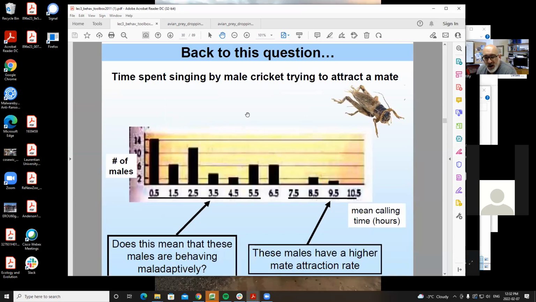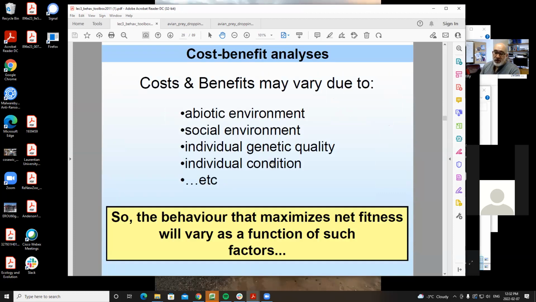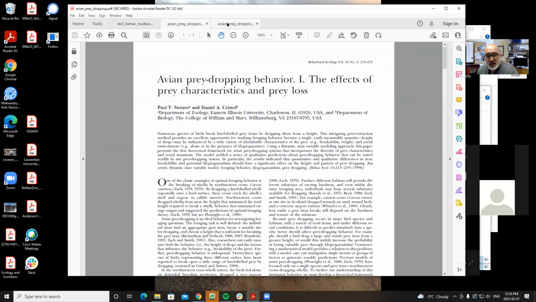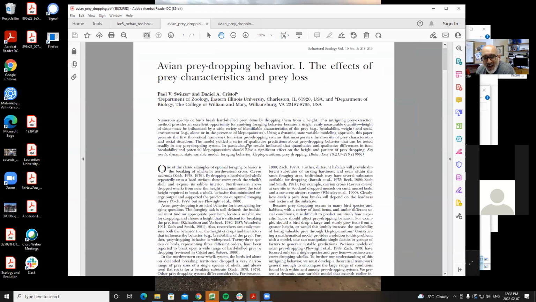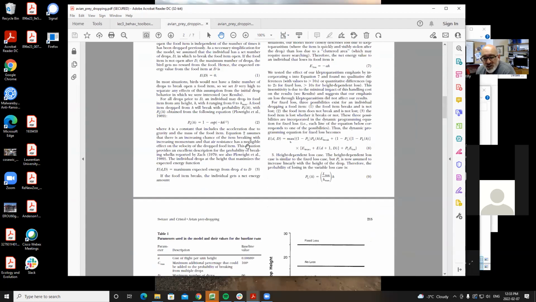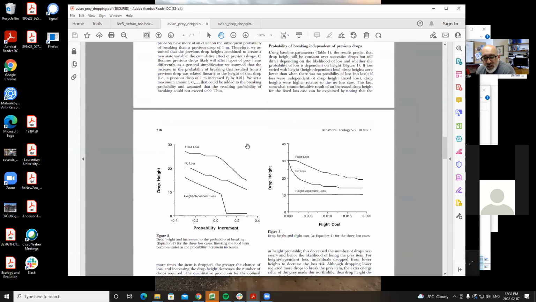Okay, we'll stop there and we'll talk about the crickets, and I'll talk a little bit more about the effects of competitors trying to steal food in this context. And there's a few other examples we'll go through that will try to explain the cost-benefit analysis. One thing to point out is that the prey dropping behavior, I've got a few examples. In this case, there's a paper on D2L for you to look at. This is actually the model, and I don't expect you to read it completely and understand it, but it just gives you a sense of the model associated with